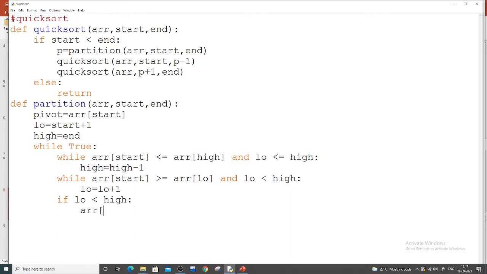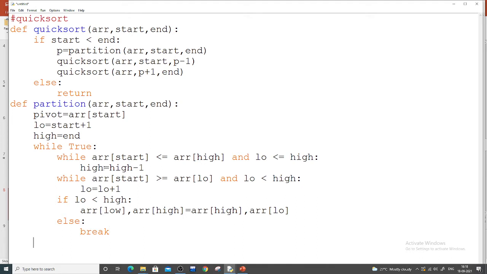Array of low, comma, array of high, these two are swapping. Array of high, comma, array of low. These two are swapped with each other. Else break it.